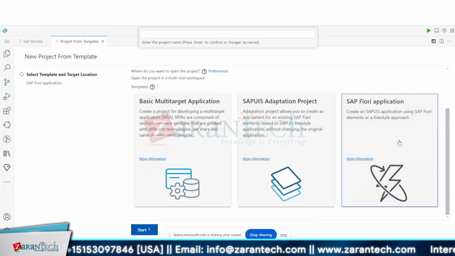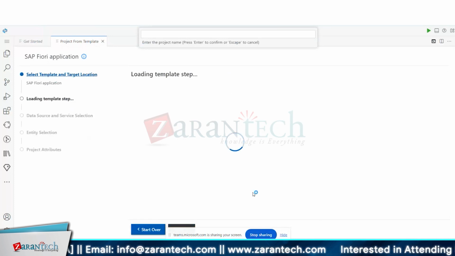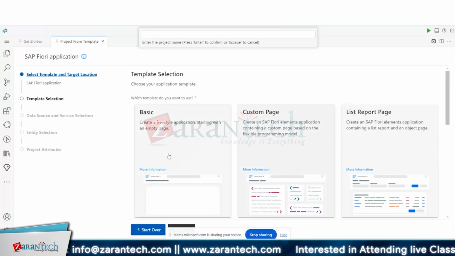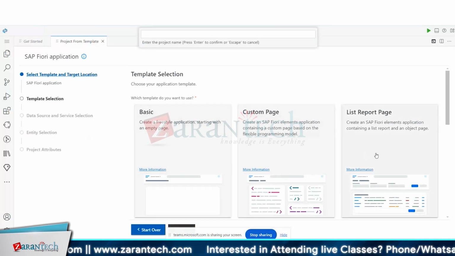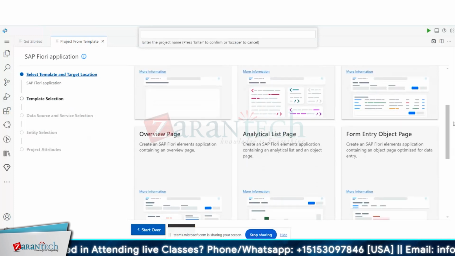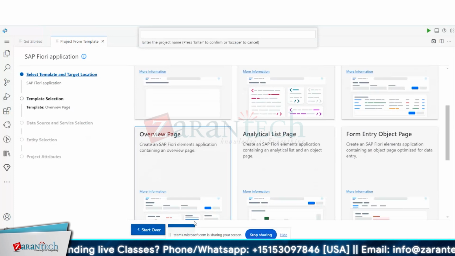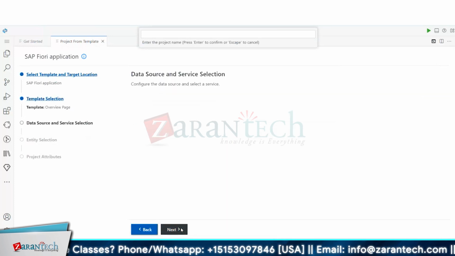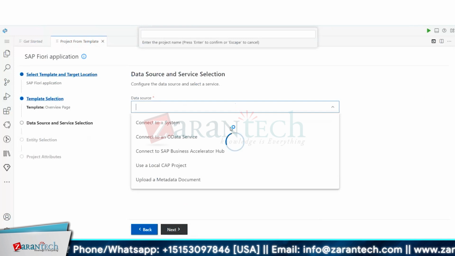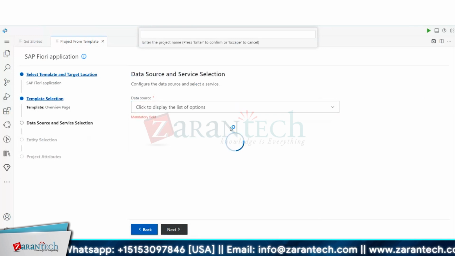So suppose I select this and I need to start. This will ask, do you want a basic application, custom page application, or list report? Suppose you select any one of them, certain types of UI elements are not allowed. So you can select one and continue. I'm just selecting this and I will hide. The next step is that you need to connect to a system. It will ask you to connect to the system,